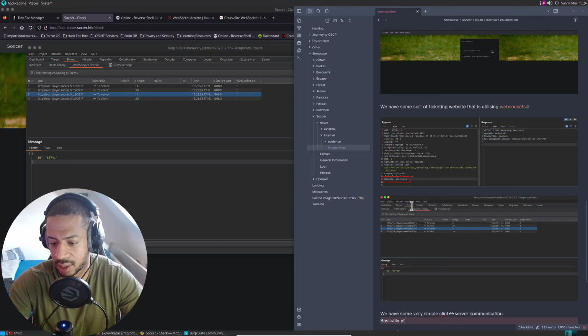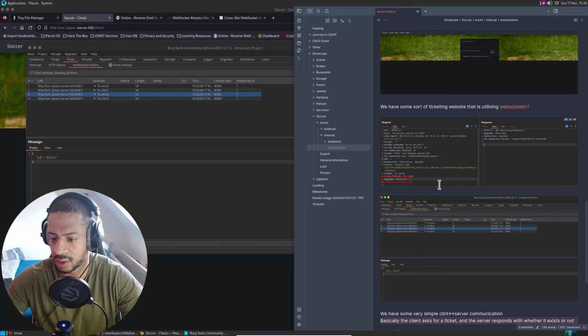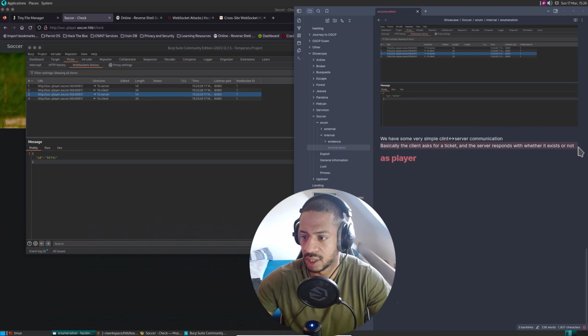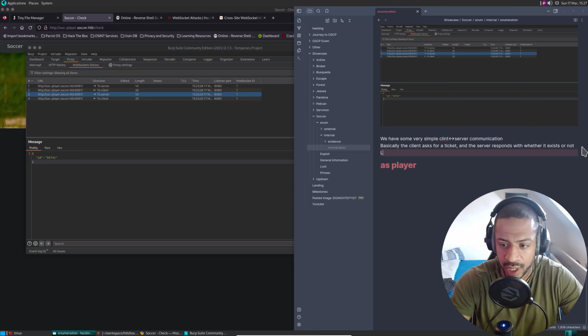Basically, the client asks for a ticket and the server responds with whether it exists or not. Let me go up again so you can read this. With that being said, let's play with it.